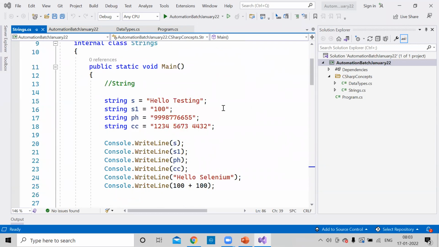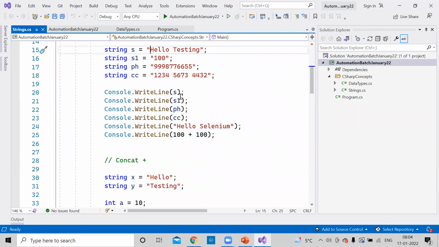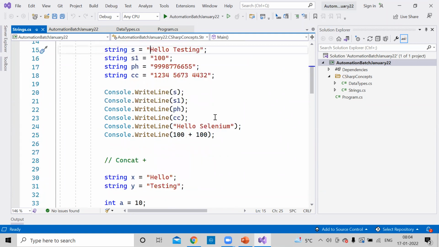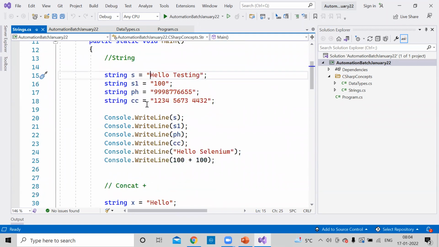In the last class, we discussed what a string is and how we can define a string. We need to use double quotes, and we also saw how we need to print it. What are the different ways to print? What values need to be stored inside a string? As I told you, that is basically a class, but here we have defined this as a string